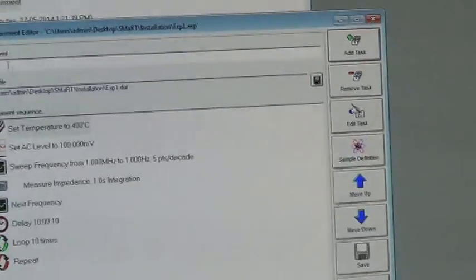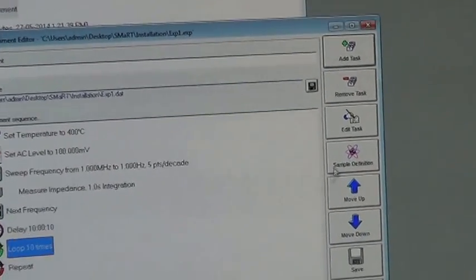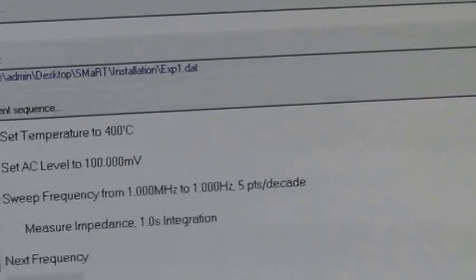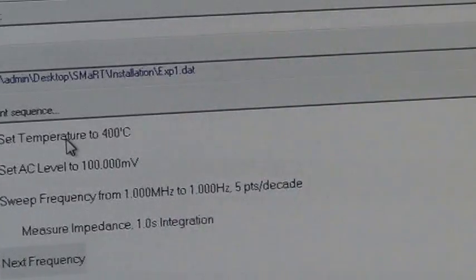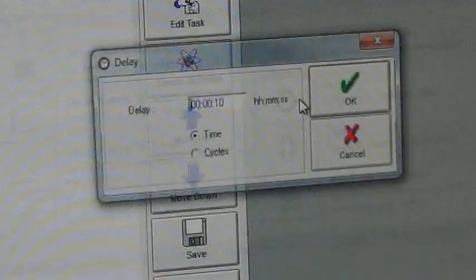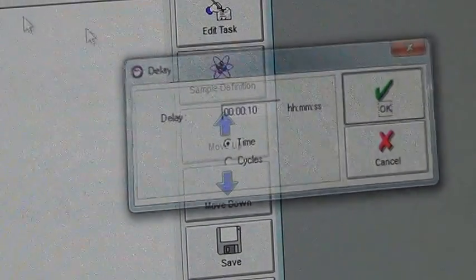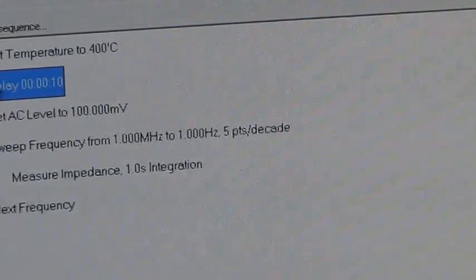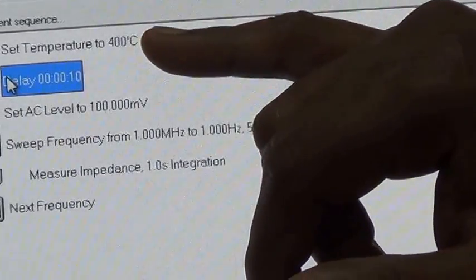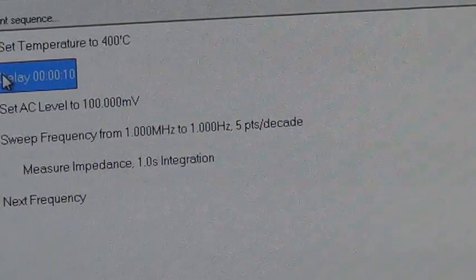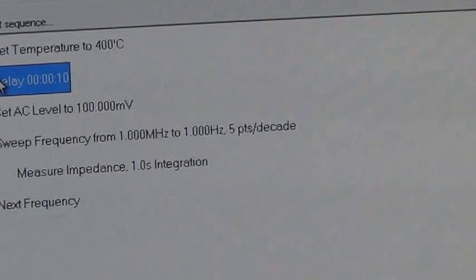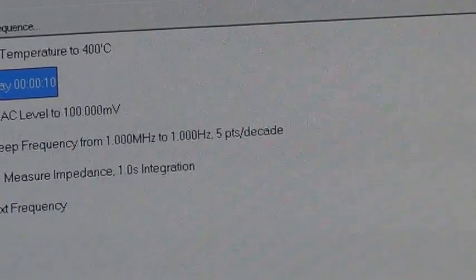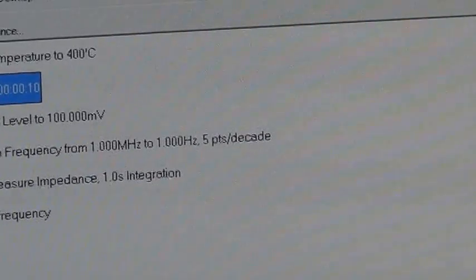So now I do this experiment once again. One more option, sir: after set temperature, I will do the delay for some time. So what happens is, sometimes at 400 it is fine. If you are going for 800 or 600 degree, suddenly the PID will not keep your temperature stable. Equilibration time is required. It needs some time to get stable at 400 degree.